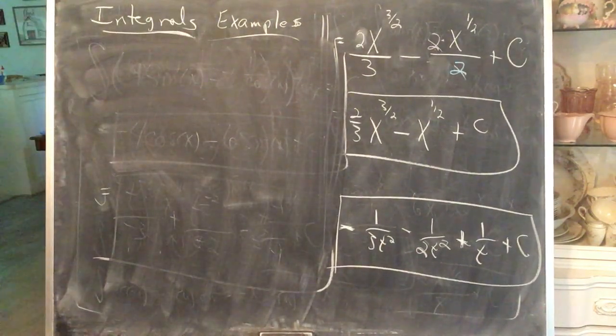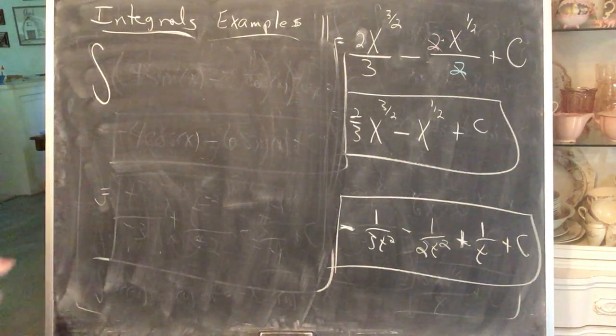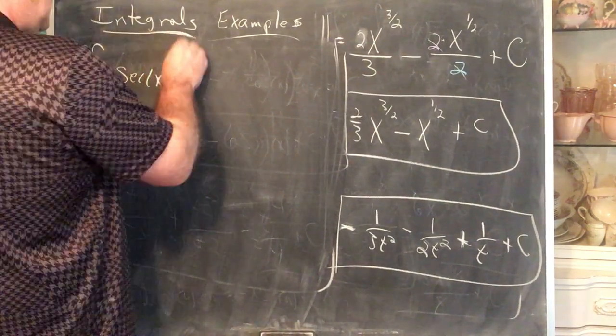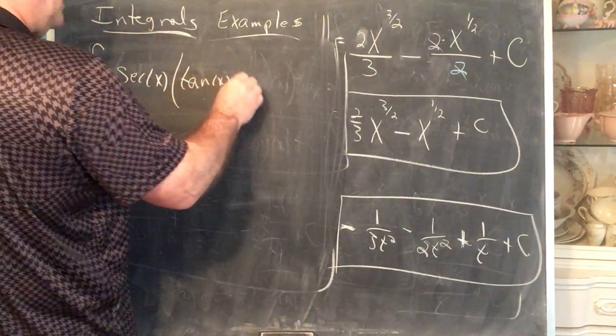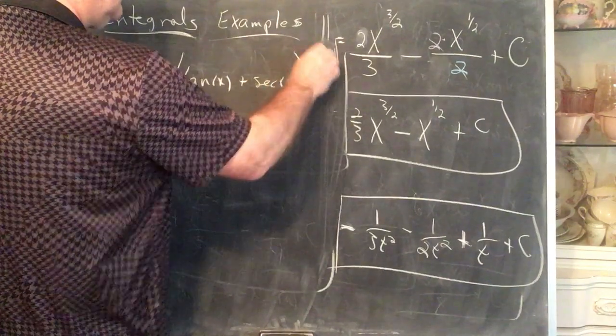One more and we'll get out of Dodge here. Some of these you may need to rewrite. So if I have secant times tangent of x plus secant of x,